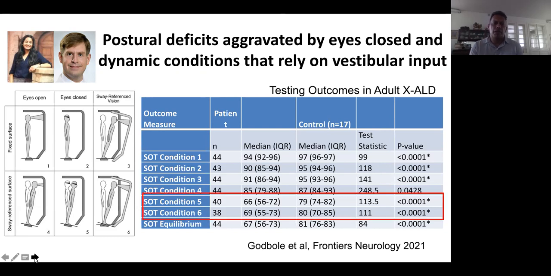And this is something I think we have to increasingly recognize, that the balance problems are aggravated by eyes closed or by poor visual conditions, as often happens in the evening or when it's dark out, and also unevenness of the street or the floor or the stairs that you're walking on. And this is something you have to be very careful about, because it can lead to fall risk